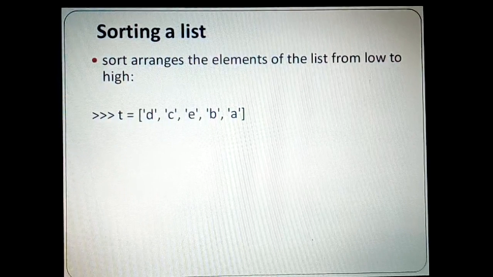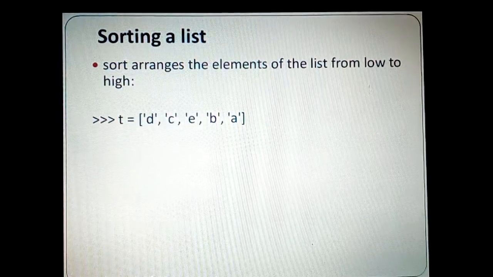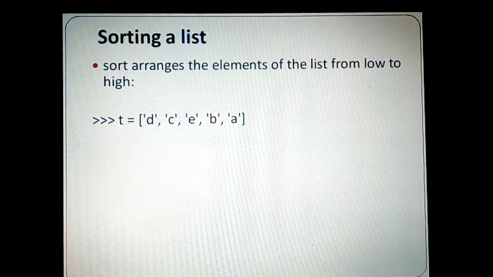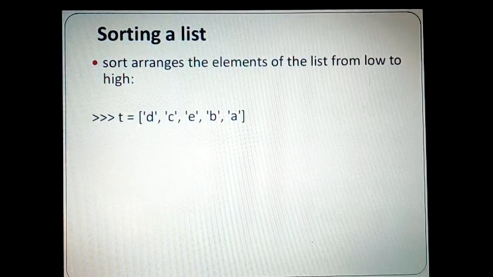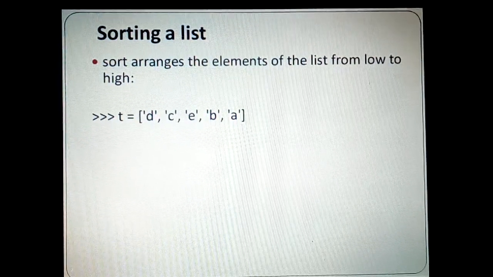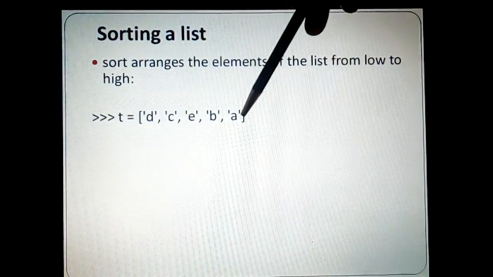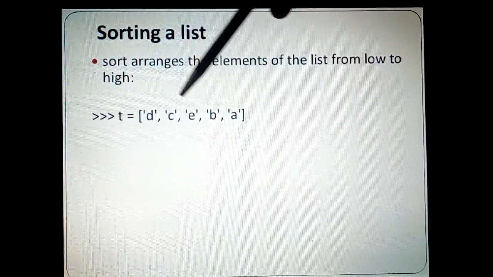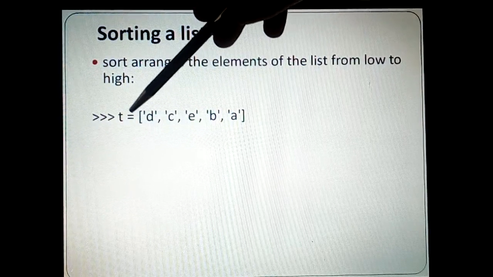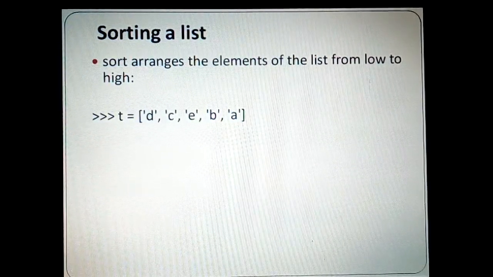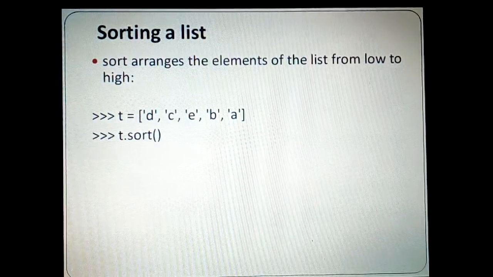Now this is the next method that we are going to make use of, sorting a list. Now you must be wondering, we need to write a sort algorithm like we wrote in case of C program. We had different algorithms there, selection sort, bubble sort, but absolutely no such algorithm will be written here. Whenever we have a list here, T equal to this, let us say this is randomly arranged and I want to make them into proper order, let us say chronological order or in alphabetical order, then I can just say T dot sort and automatically it does for you. So this is a very beautiful mechanism that is available using this method called T dot sort.